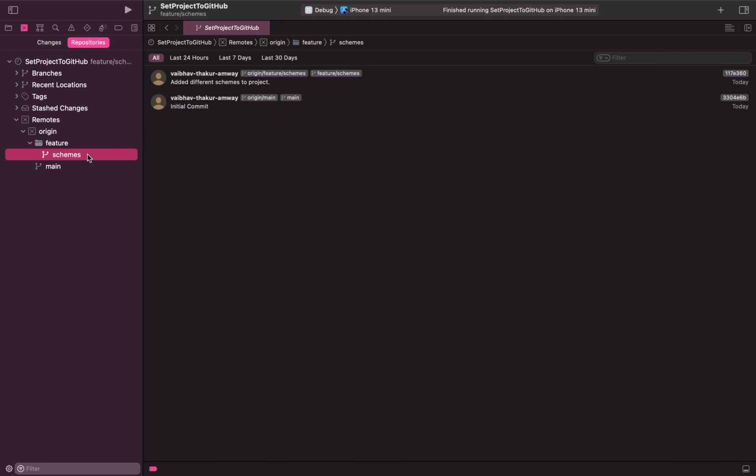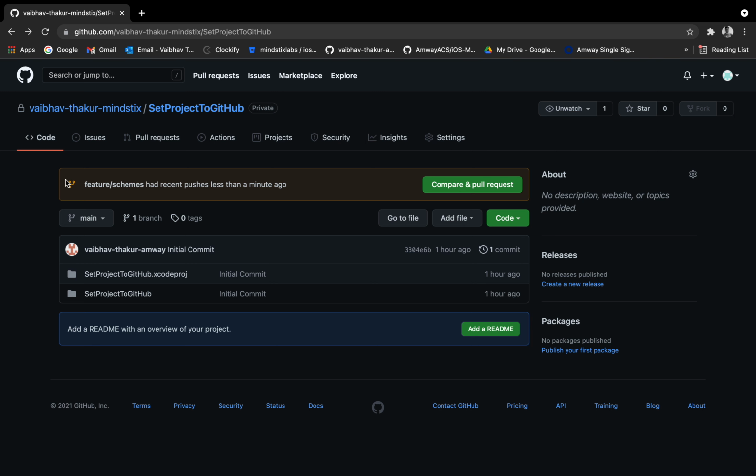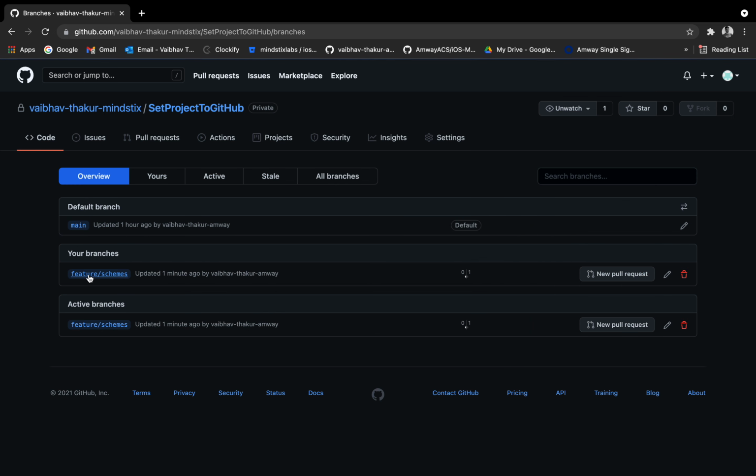So now we need to merge this branch to our main branch, right? For that there are two ways we can do that. Before that, let me show you that here you can see the latest message saying this feature branch has just been pushed. Now let me refresh this, and you can see we have two branches over here, the feature schemes and the main branch.